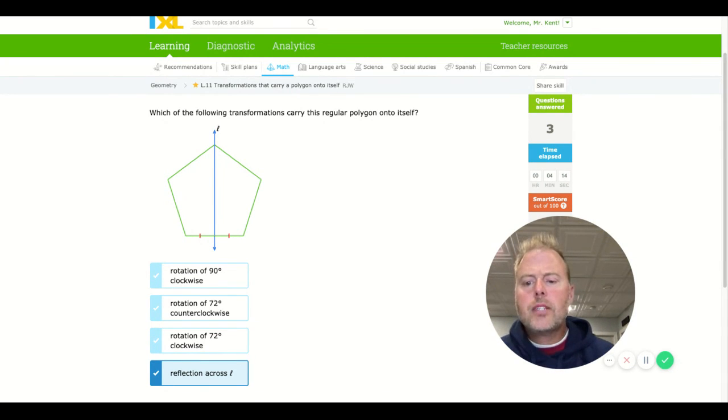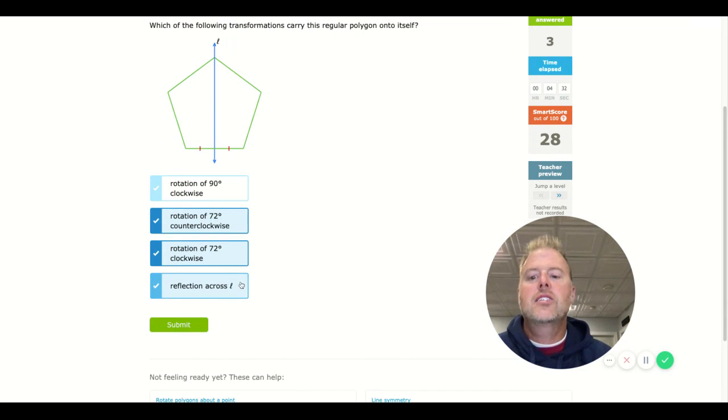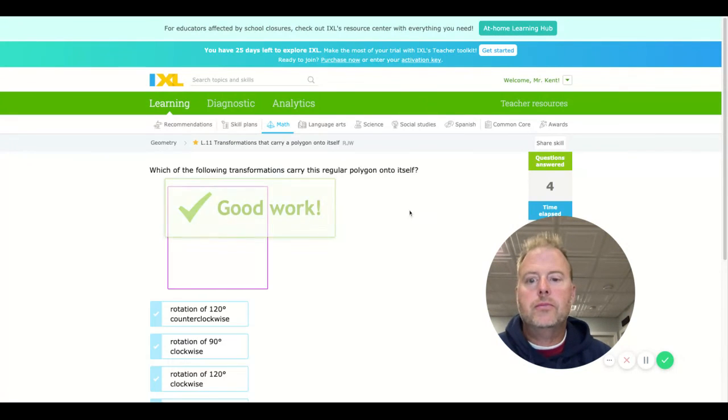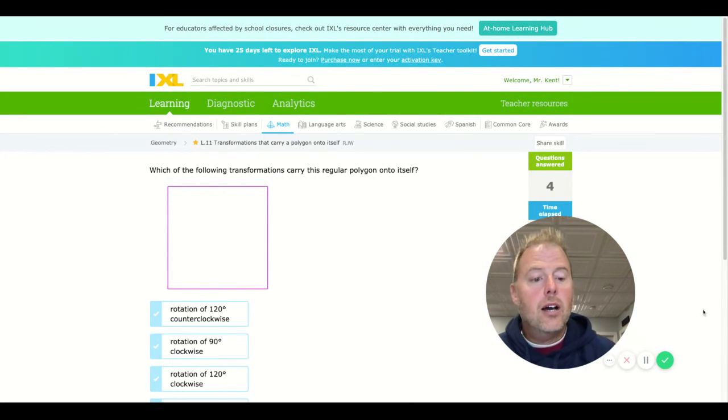In this case, rotating again, either direction is going to work. But let's take a look at this. So 360 divided by 5 would give us 72. That's what we did in the first example. So if I rotate it either direction, it should work. So counterclockwise or clockwise, it doesn't really make a difference. Both of them should work to get us back into the same image. And that's that. Again, let me know if you have any